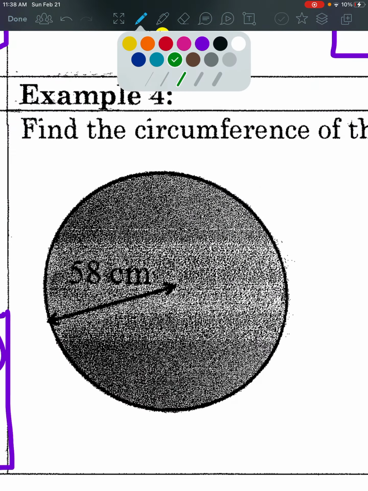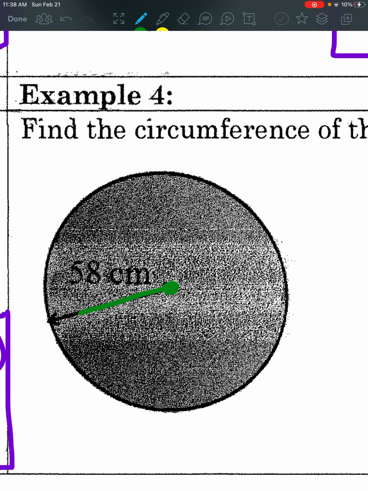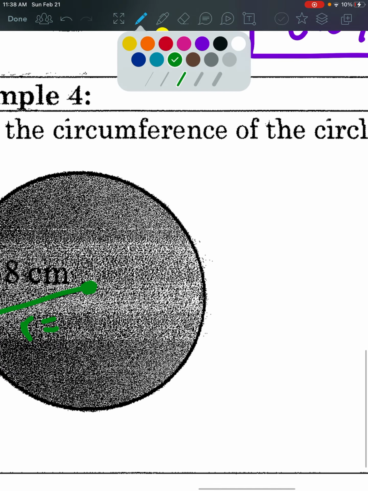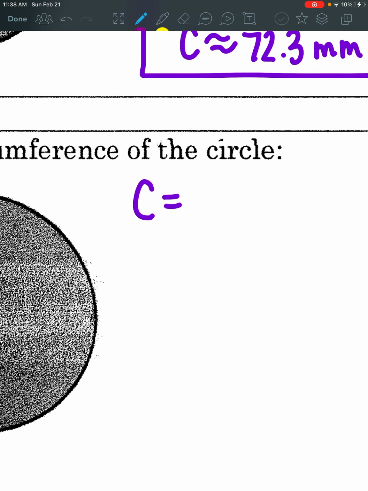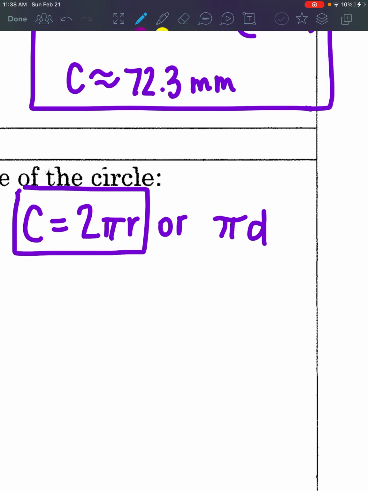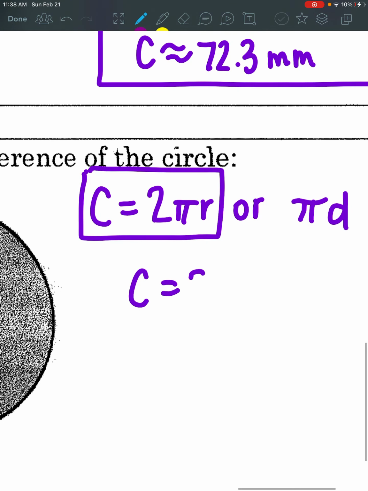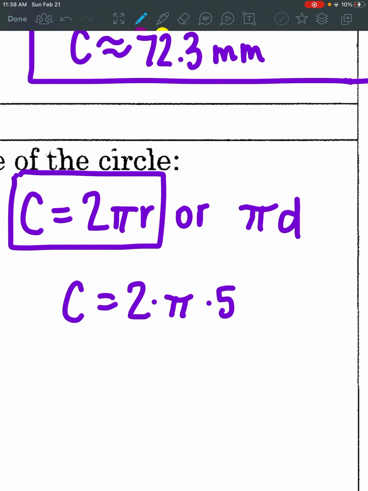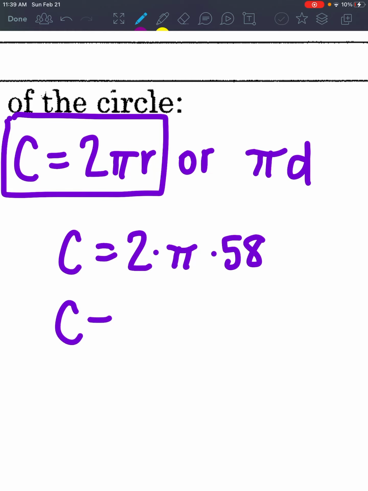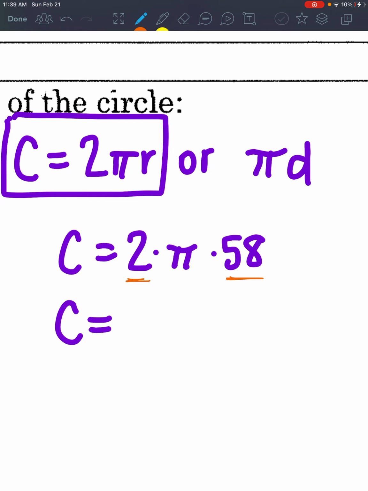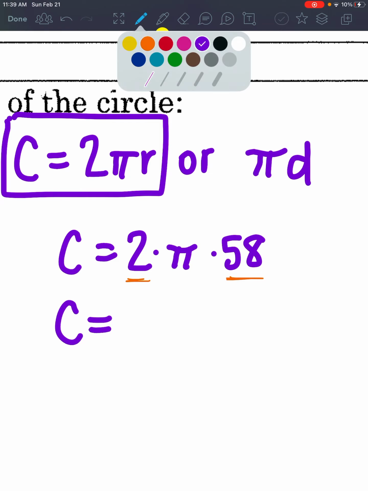And last one with circumference, we have radius because it goes from the center to the outside. So the radius, ooh, that's a big radius, 58 centimeters. So our two circumference formulas, which one should we use? In this case, since we were given the radius, I would use the 2 pi r. So 2 times pi times the radius was 58. Then again, to get the exact, we just want to multiply the coefficients. So 2 times 58,